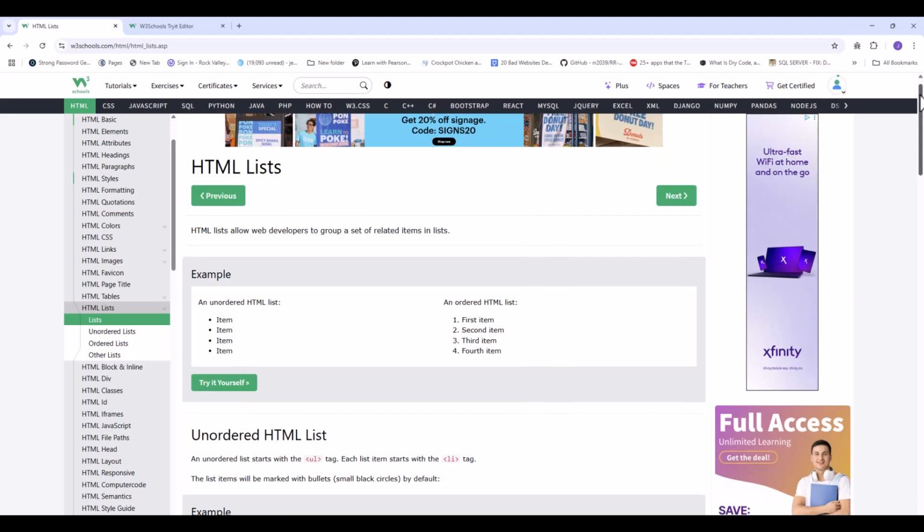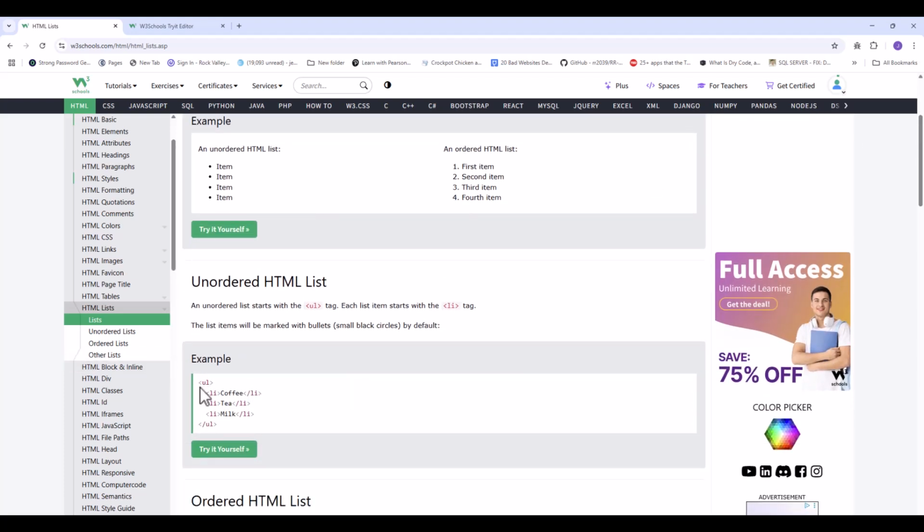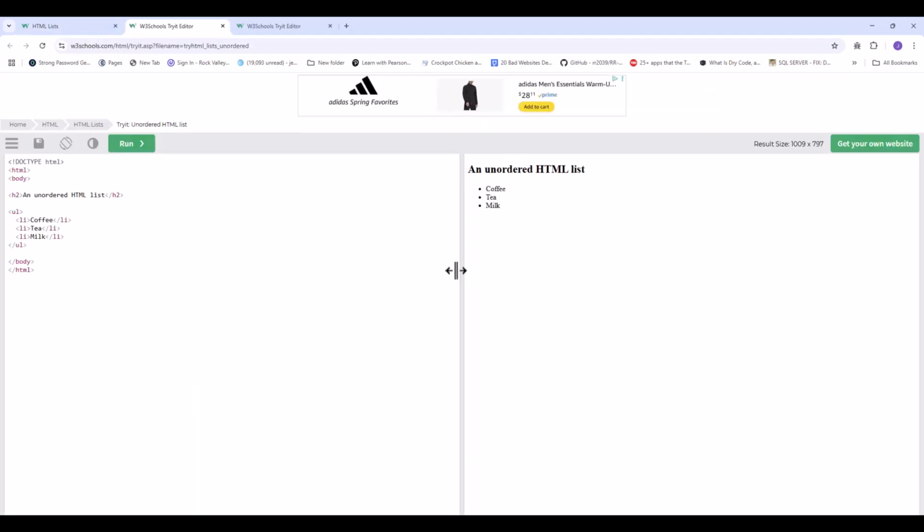They're going to work similar, and we can see that essentially for an unordered list, we have the tag that starts it with a less than, and then the UL, which is for the unordered list, and then the ending tag. We have list items that we are putting between this, so every item that we want to show up as a bullet point in this case, we are going to proceed with the less than li, greater than, and then we have its subsequent ending tag, which is going to be the less than slash li, and then the greater than tag. We can go ahead and test it out. It's going to show us what that looks like.